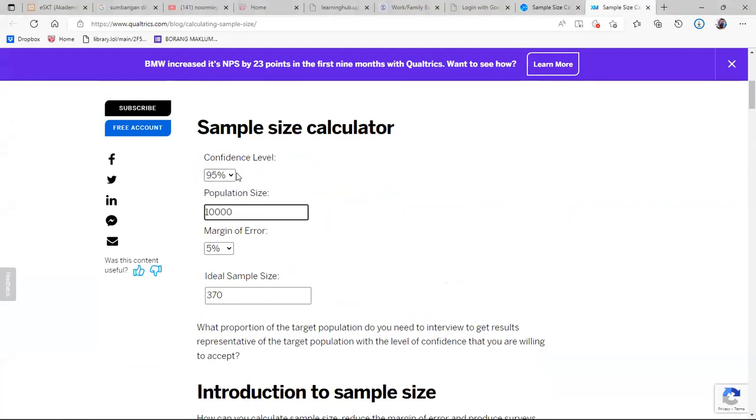You set the confidence level; you can decide 90, 95, or 99. For example, you choose 99. You insert the population size, 15,000 for example, or 1,966. Margin of error: if your data are categorical, 5. If your data are continuous, then 3. So the required sample size is 951.